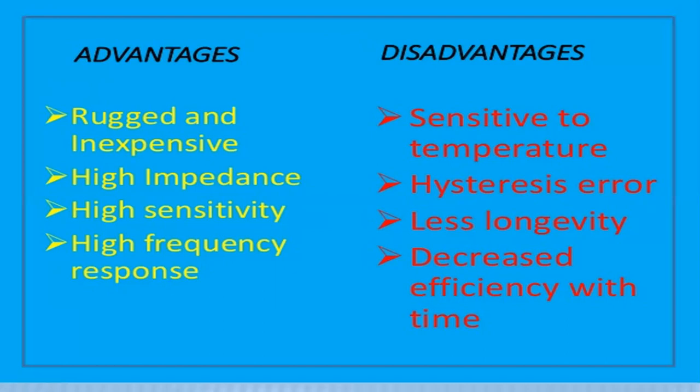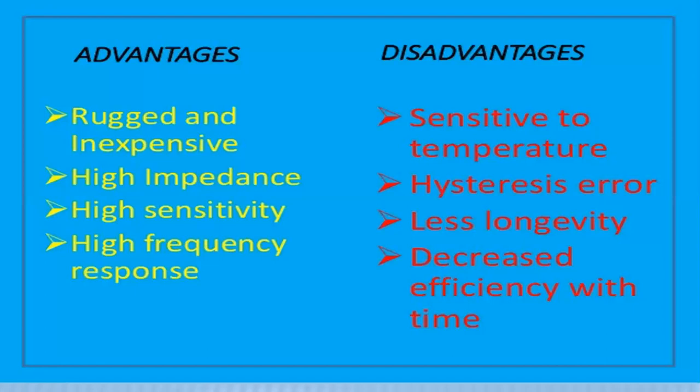it can be damaged easily because of the high sensitivity of the parts used in this construction. And the sensitivity is high because the construction of this accelerometer is very simple. And it has a high frequency response. We can calculate the numerical values of acceleration quickly because of this high frequency response. So these are the different advantages of the accelerometers.